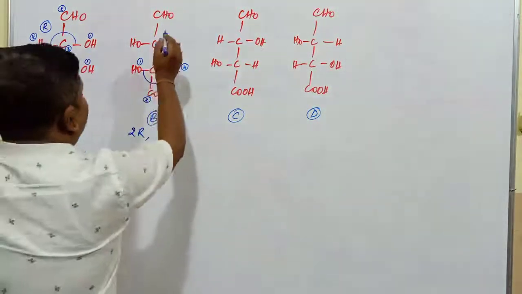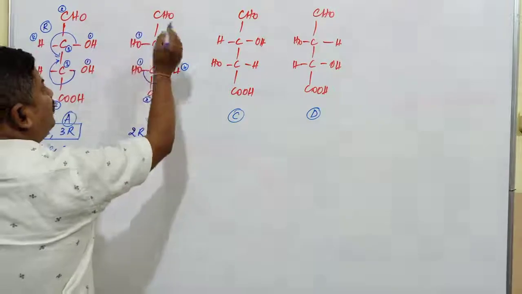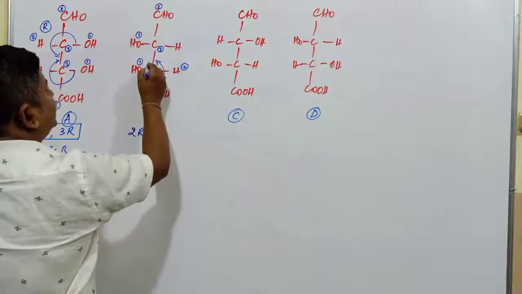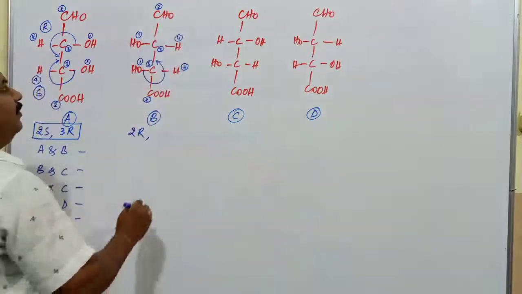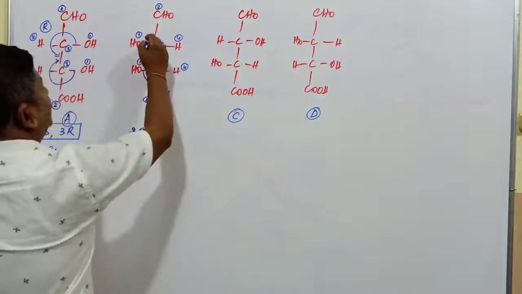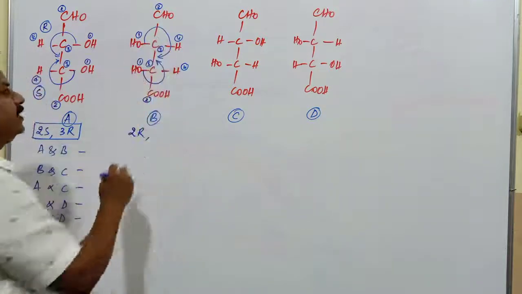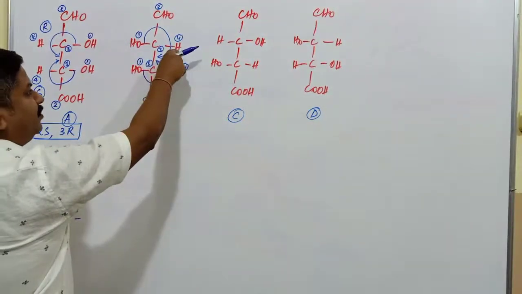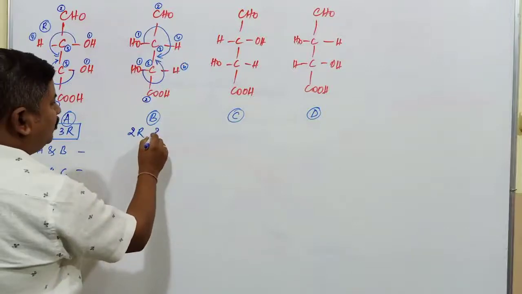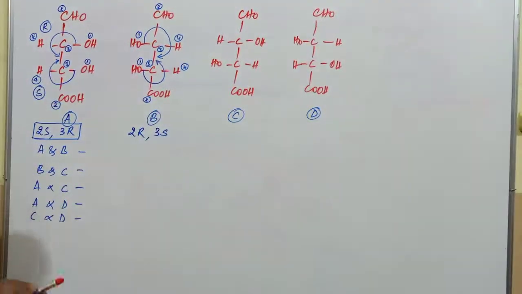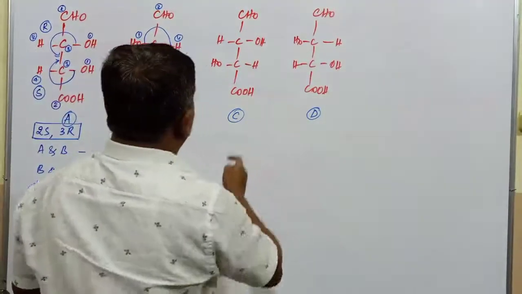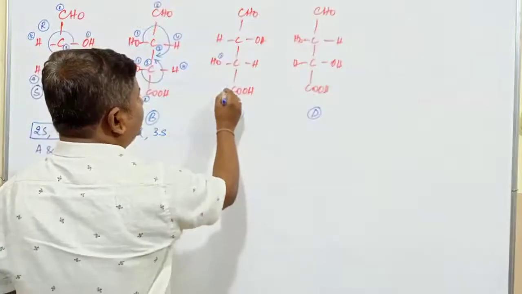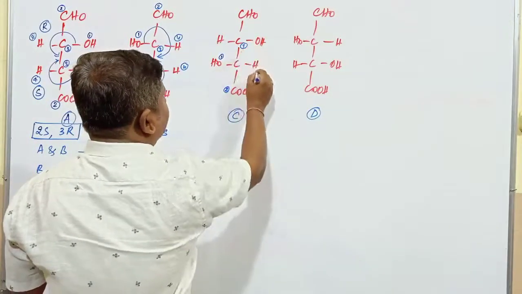Next, with respect to this one, it is first priority group. The second priority group is where carbon is double bonded to oxygen atom. This is third one, and this is going to be fourth one. Now in this particular structure, this is 1, 2, 3, which means it is in clockwise direction. Clockwise means it is referred to as R configuration, but hydrogen is present in adjacent position. It is going to be commonly called 2R3S, right? 2R3S. Now with respect to this molecule, it is the second carbon atom. This is first priority. This is second priority. It is third priority. This is going to be fourth priority.